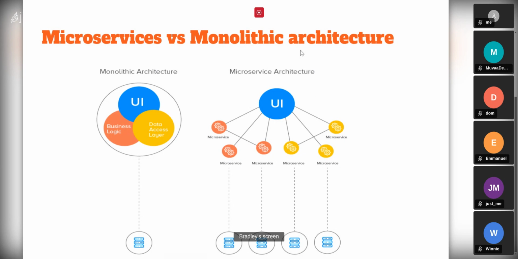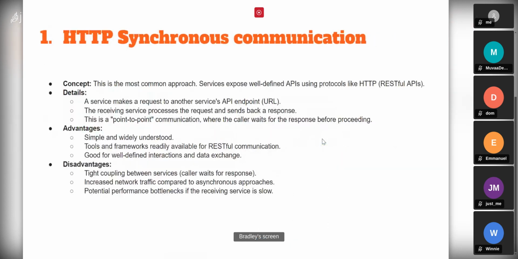So the UI can be the client, that is the browser, that interacts with these different microservices which have their own databases. So you see they are self-sufficient. Like this microservice deals with this database, so it doesn't need to access this database. It only deals with this. And if it wants to get any information from this one, it has to communicate with this one. And that's how the pattern is.